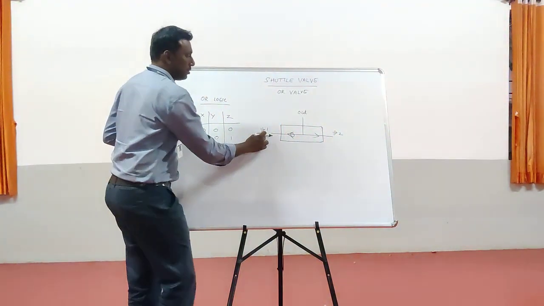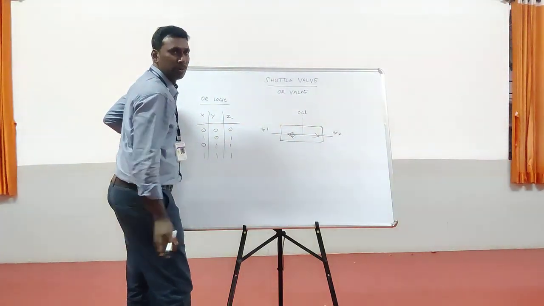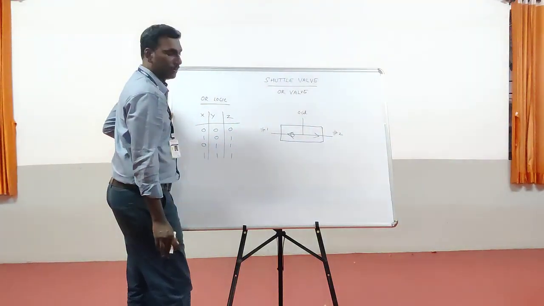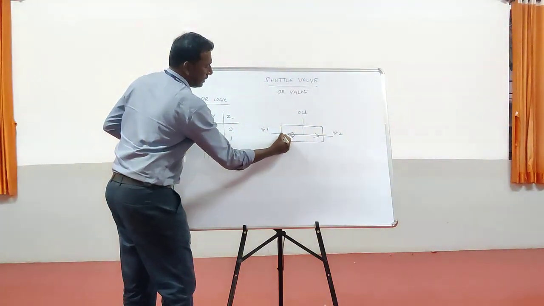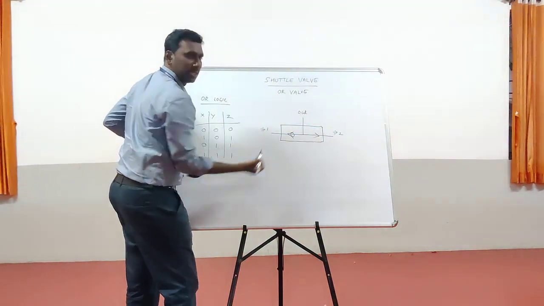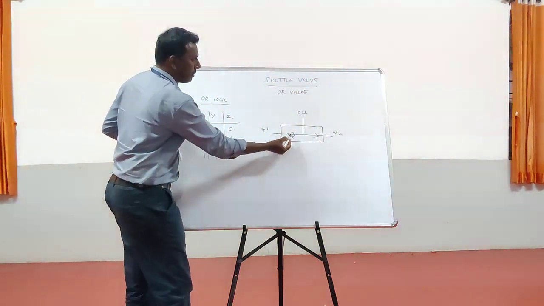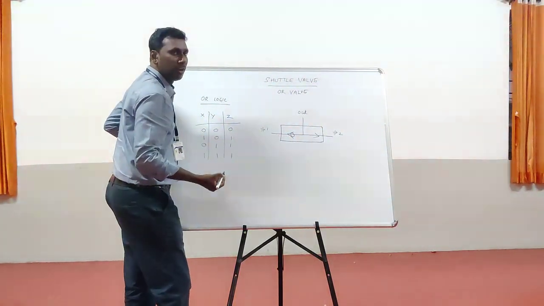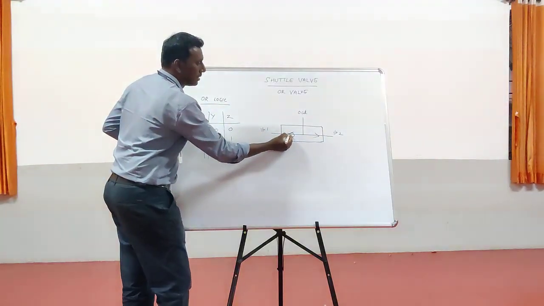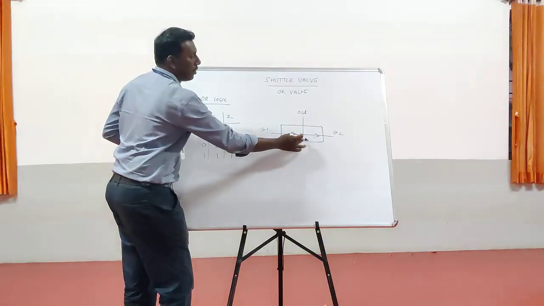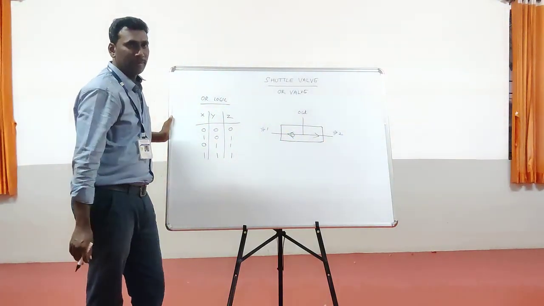These 2 inputs give the output. Based on these 2 input lines, the output will be produced. In this input line, we are using check valve number 1. In input 2, we are using check valve number 2 with a common float. If hydraulic fluid enters through this line, the float valve will float under the fluid.